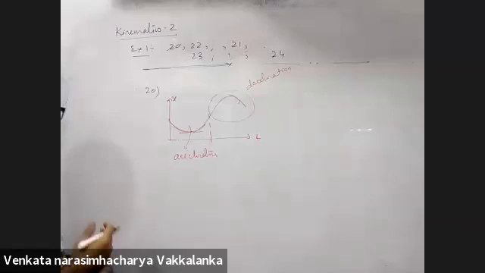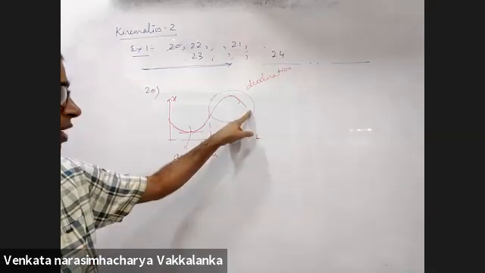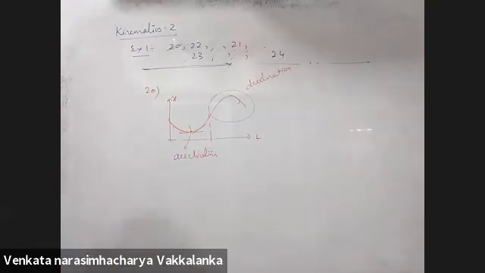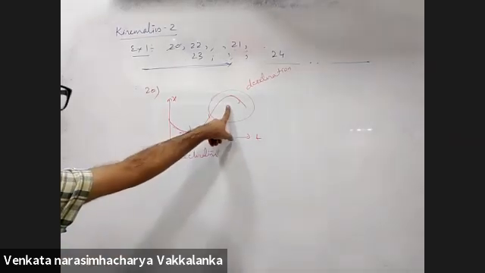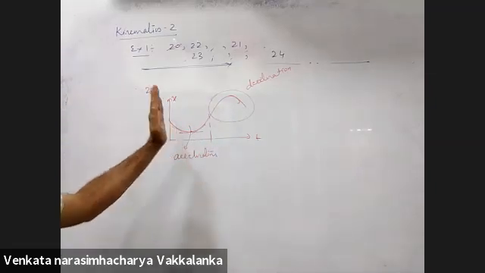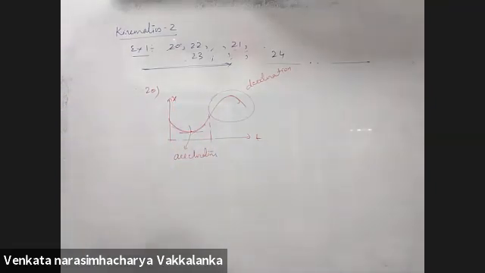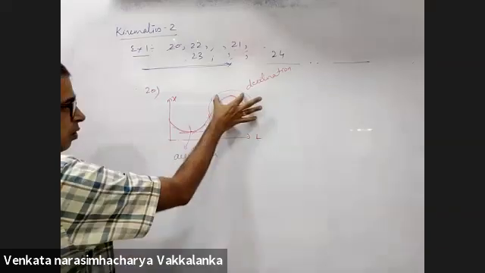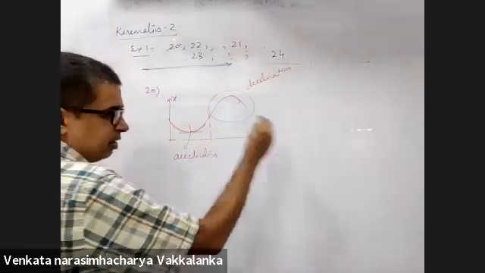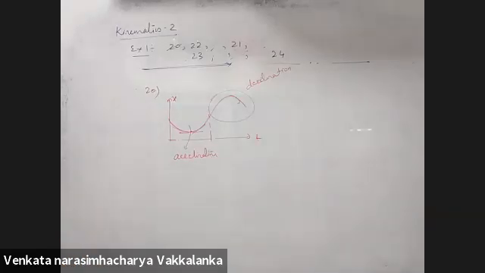Tell me in which among the graphs will you have negative acceleration after this time and positive acceleration before. B and C are positive constants. After a certain time, the acceleration should be negative. Before that time, acceleration should be positive. Did you get the point? Yes, sir. So in this time interval, acceleration is positive. After time t, it should be negative. Which among the four graphs do you think will do the needful?